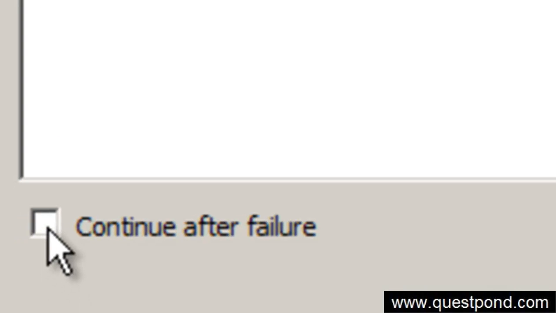You can also see that there is a small checkbox here saying continue after failure. What it means is that in case, let's say, the insert test fails, do you still want to continue the test cases? So in order test, if you have one or more test cases, and if any one of them fails, and you still want to continue with the testing, you can check this checkbox here. So I'm going to save this,